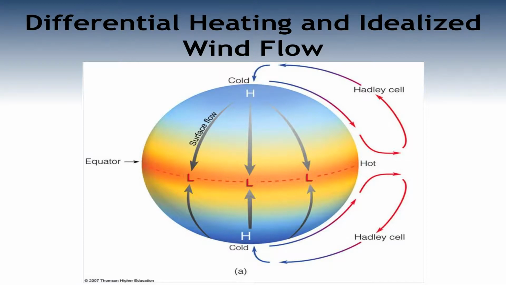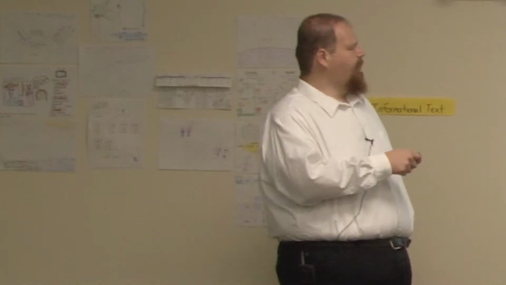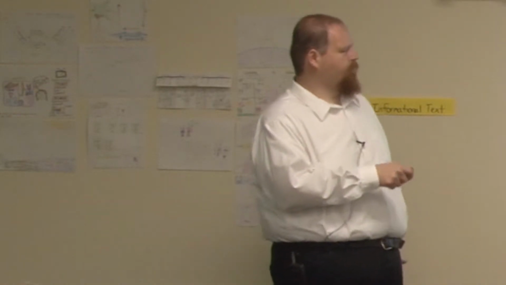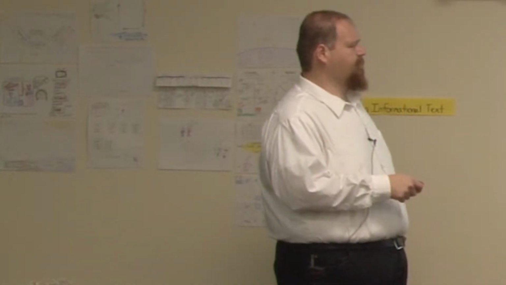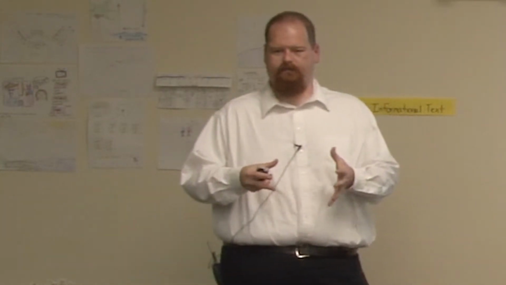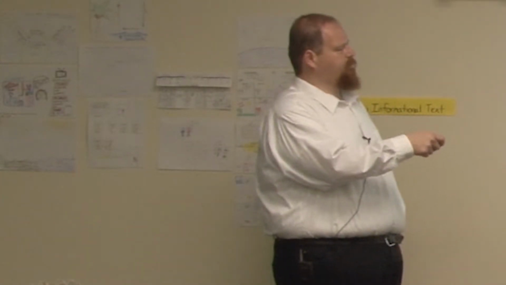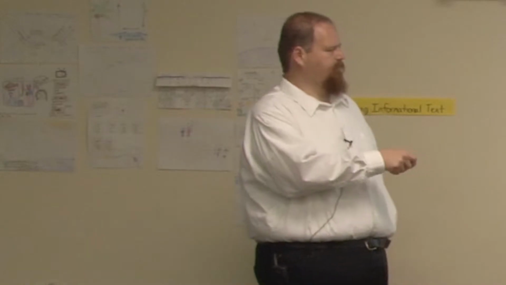And so what this does is it heats up this water, this aqua planet, at a different rate. So you get a lot more heating along the equator and a lot less heating toward the poles because you have less sunlight. And so what happens is this differential heating. As soon as this occurs, you change what we call atmospheric pressure. You change the air mass above where this heating is occurring at the surface. And when you heat a surface, you actually decrease its pressure. So we can put a low pressure center here, right? And so at the poles, you'll actually have higher pressure than you have along the equator.